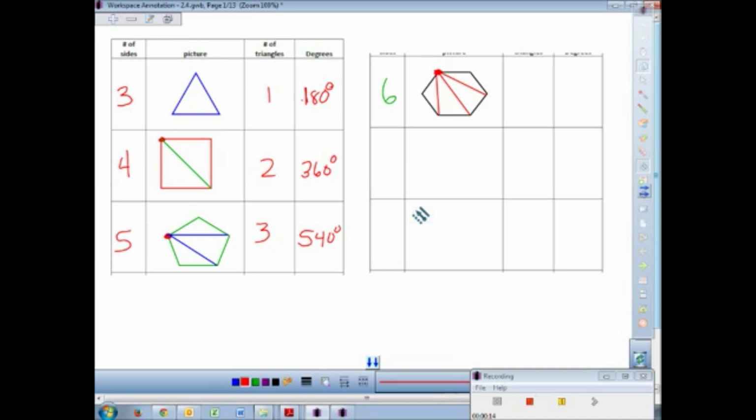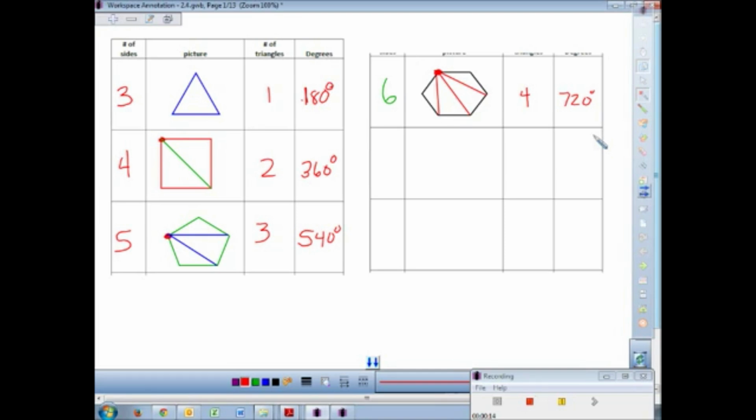How many triangles are in the picture when we do that? 4 triangles at 180 degrees apiece. Correct? Total of 720 degrees. And we could keep going and going, but it's time to look at our